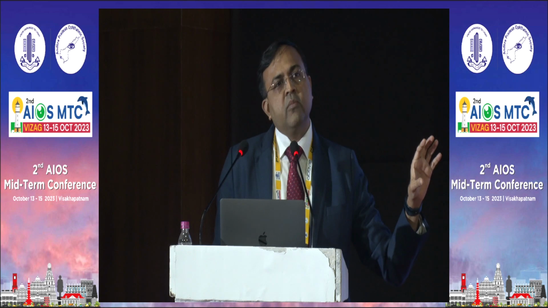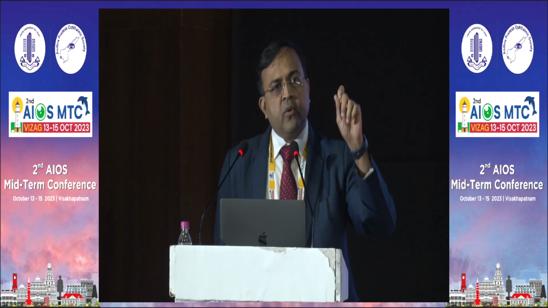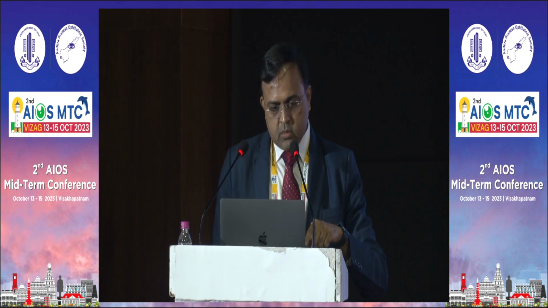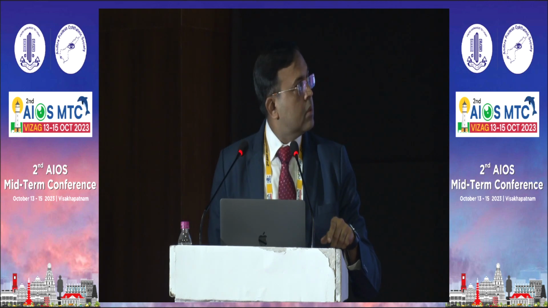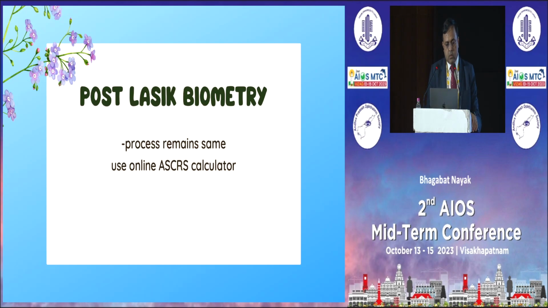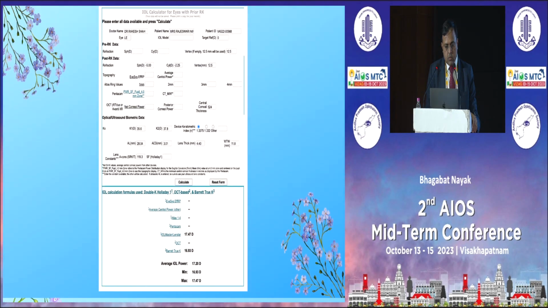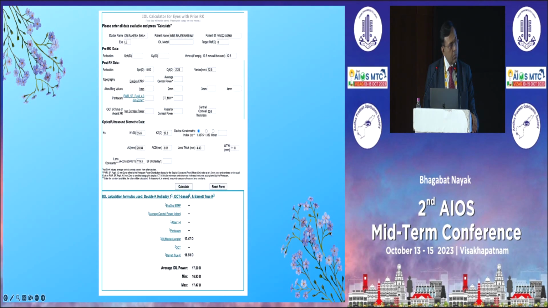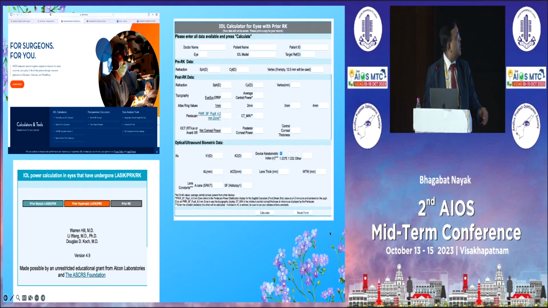So we take a reading from there, we calculate there also, and when we put all this, I'll show you. So you can see a post-LASIK, prior RK and everything. It's already been there. Once you press the calculate button, you'll get a list of values using different formulas. Normally I am using the Barrett, Barrett general only. Yes. So Barrett is giving me consistent results.